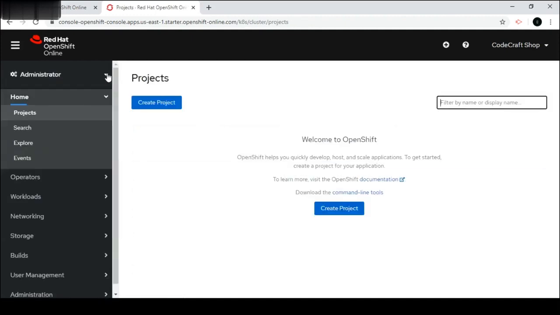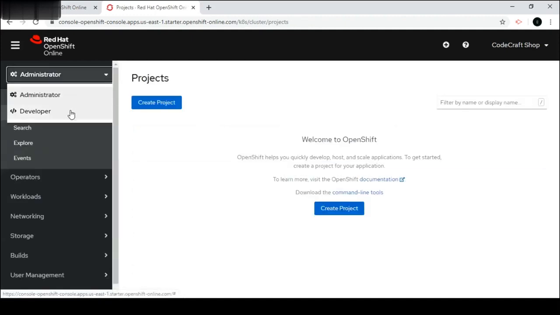These are new features in OpenShift 4. We have both administrator and developer mode at the same place, so that we do not need to log in again and again with the admin credentials and the developer credentials. Here we will create our project, which I will show you in the next tutorials.